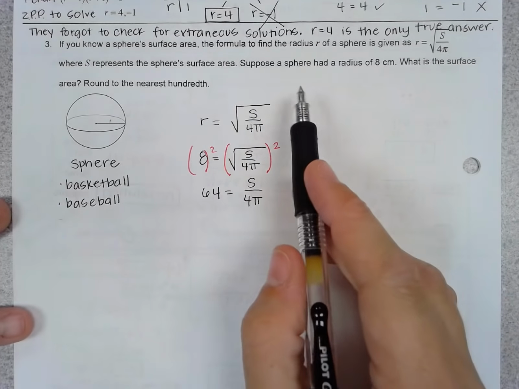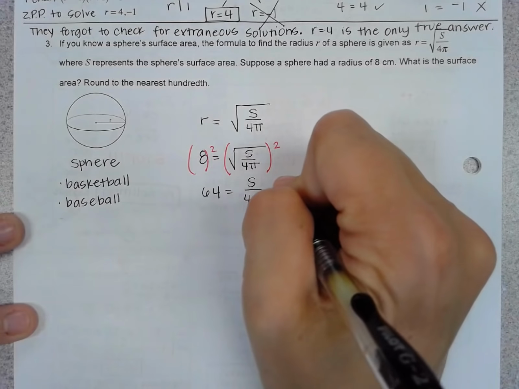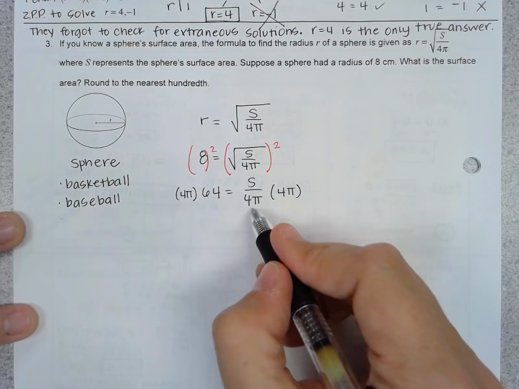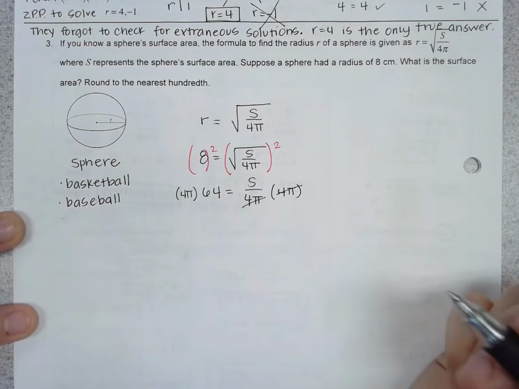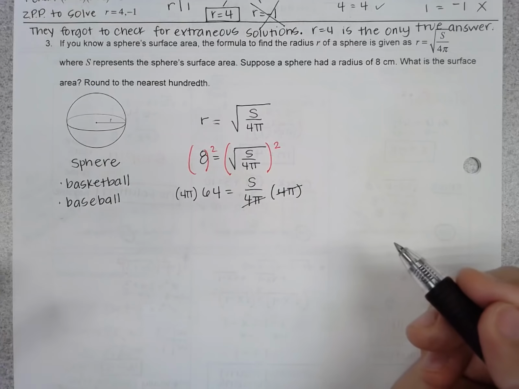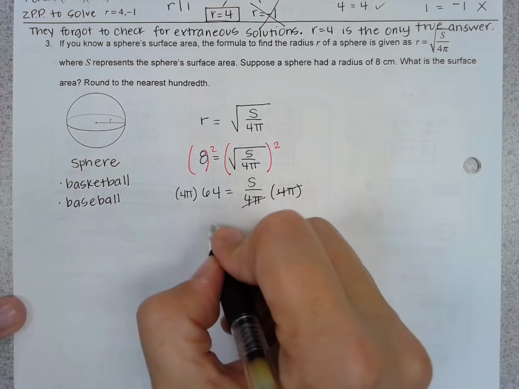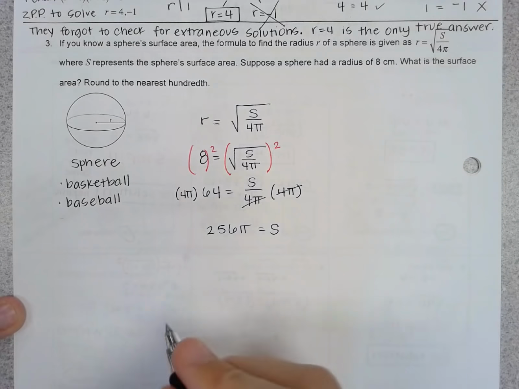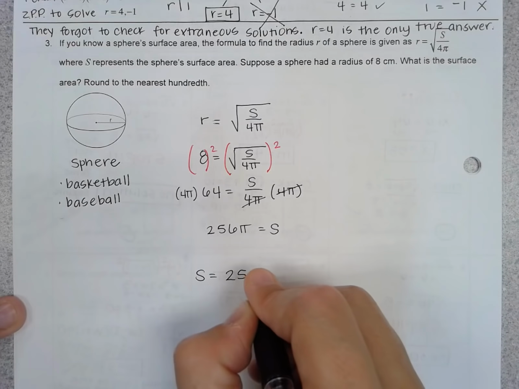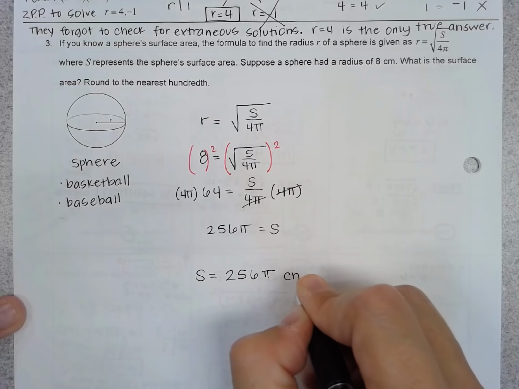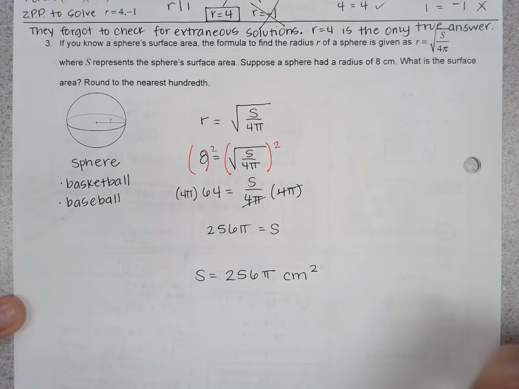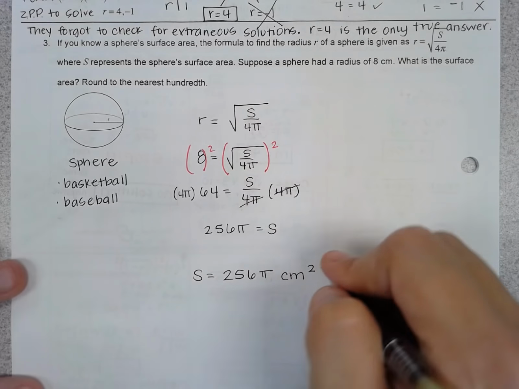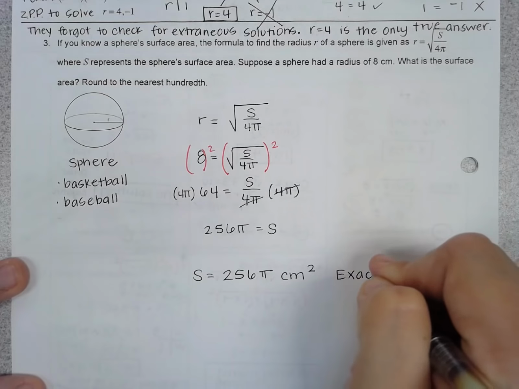And then the very last thing that I need to do is I'm trying to get the S all by itself because I'm solving for surface area. I'm going to times both sides by 4 pi, because anytime you have a fraction and you want to get something out of the denominator, you can multiply both sides by what's in the denominator. And so that's going to give me the answer to the question. So I'm going to get 256 pi is equal to S. So I can write my answer as 256 pi centimeters squared, because I'm finding surface area. So with surface area, you'll always write a squared right here. So this is the exact answer to the question,